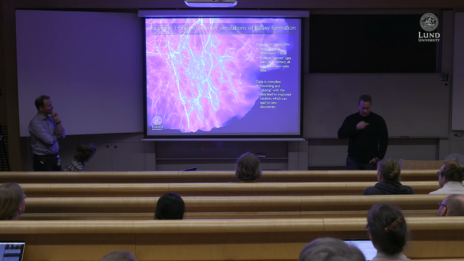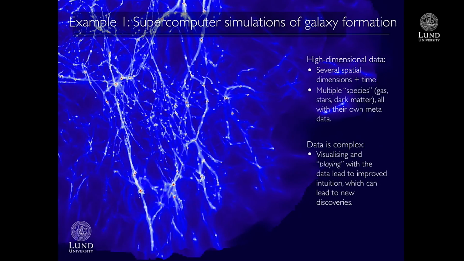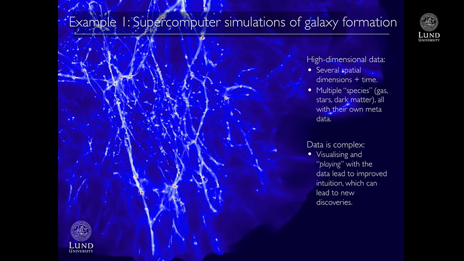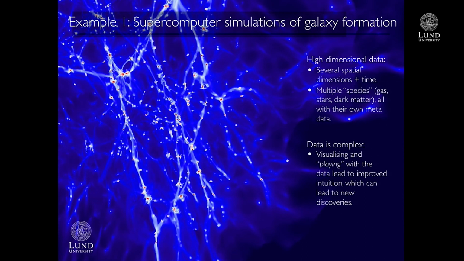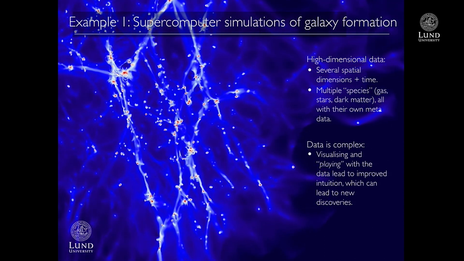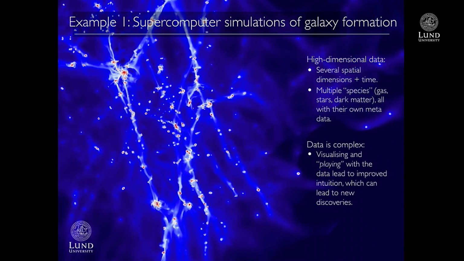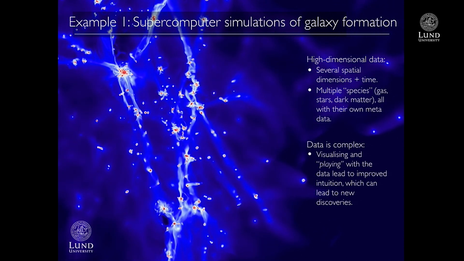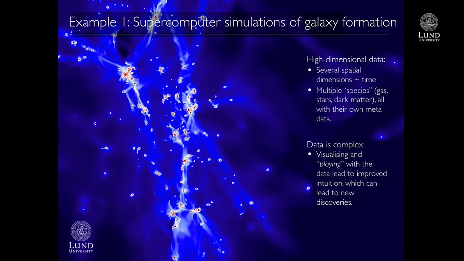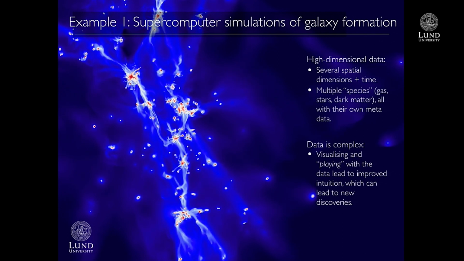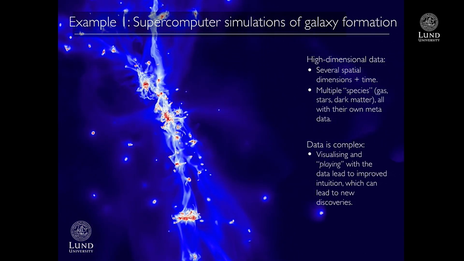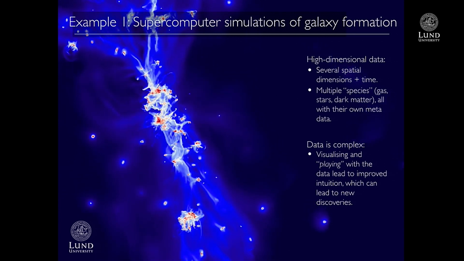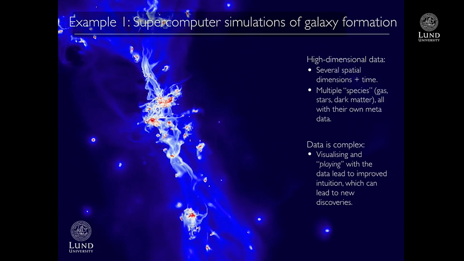Okay, so the first example will then be supercomputer simulations of galaxy formation. So this is my research field. Okay, here you see a movie of a computer simulation. This simulation takes basically a year to run on hundreds of CPU cores. This is a movie done on the fly as we were computing this. Okay, so we cannot go in and change the angle or whatever we are doing here. We have this movie. That's the visualization we have after a year.